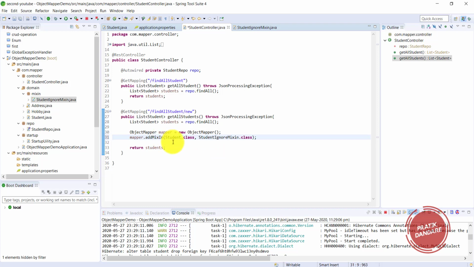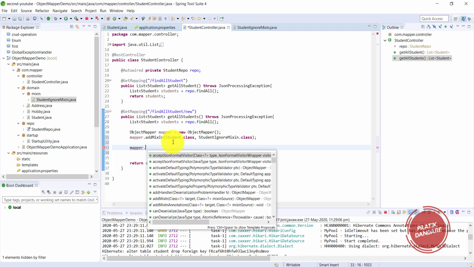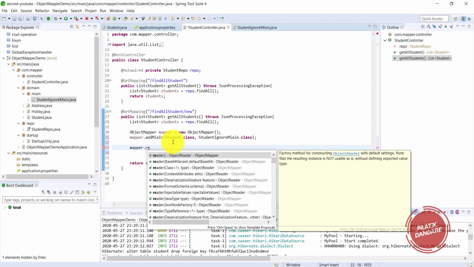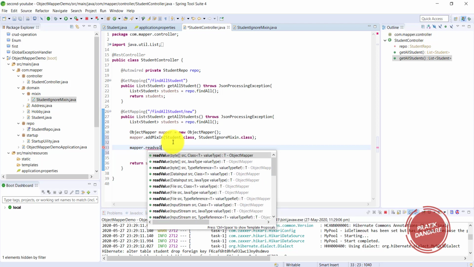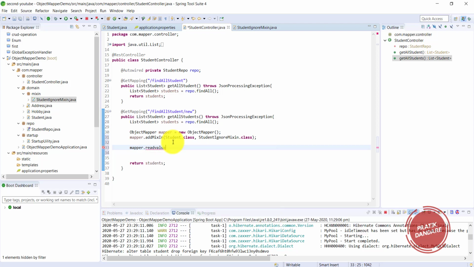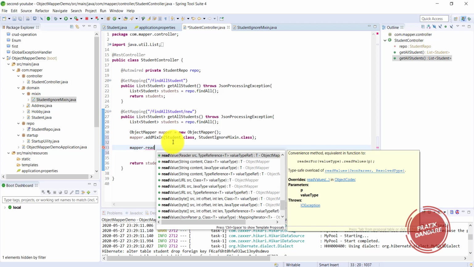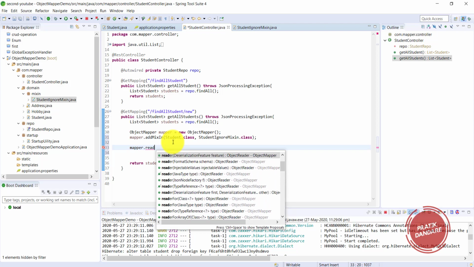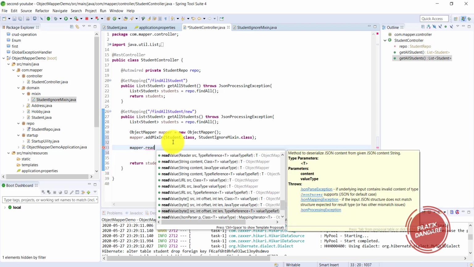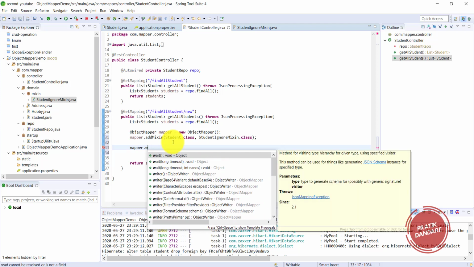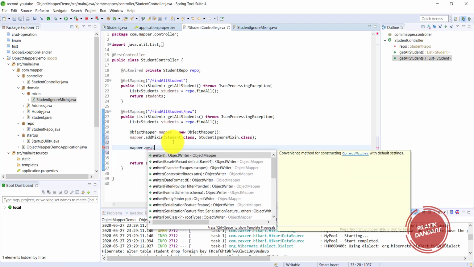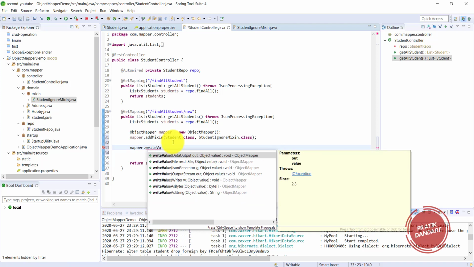Now we need to map it. So mapper dot read value as a string. Okay, I think it's not read, it's writeValueAsString. Right, writeValueAsString.